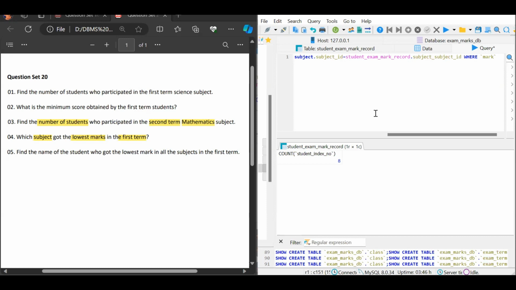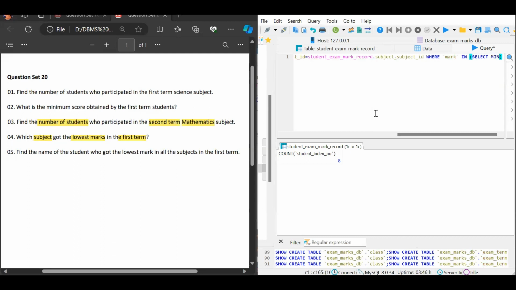So for the mark we use the IN keyword here, as we're going to use a subquery to find the lowest mark in the first term. So then inside the brackets we have the select query again, select, and here we need to find